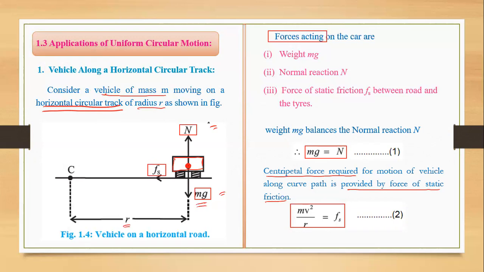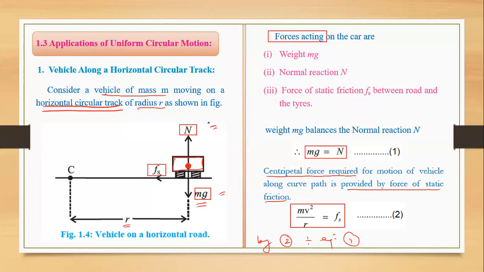Now we have to do mathematical steps only. Some mathematics we have to apply to these two equations. Now the work of the diagram is over. By the diagram we have written two equations. Now the next step is we have to divide equation 2 by equation 1. So by equation 2 divided by equation 1, you can see here, one side is mv square by r divided by mg, and the other side is Fs divided by N.